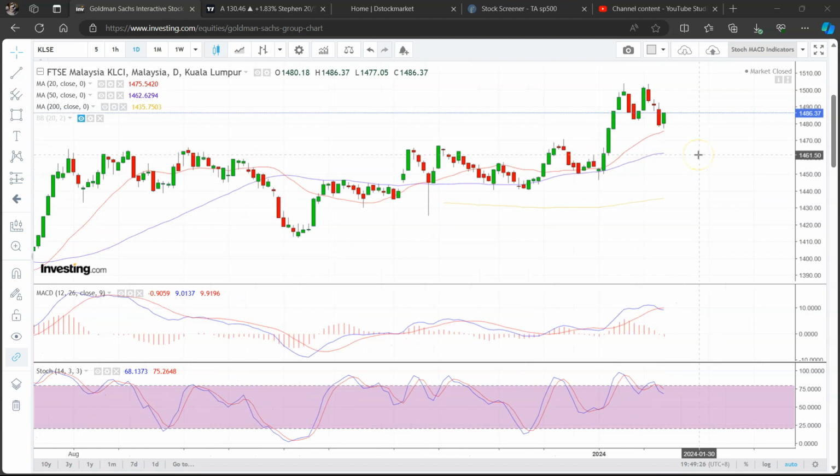Let's take a look at the KLCI. Okay, so the KLCI shot up, made some kind of a double top pattern, and there's some divergence here, and hence the decline. So it has broken down below the middle swing here. So the target should be around here, drop to around here if you take a double top chart pattern target,